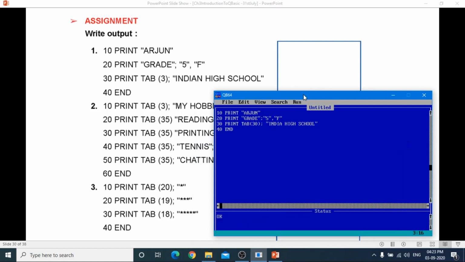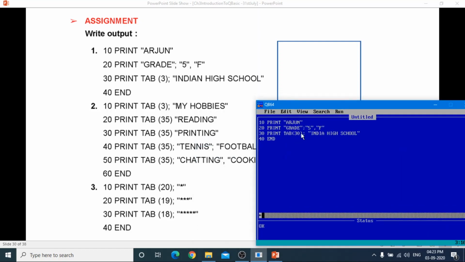Now check the second one. Okay, I am not going to erase the print. In first one what we have to do? Print. After print we have tab 3, and then semicolon, and then my hobbies.